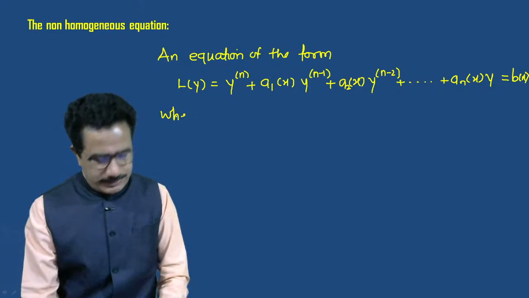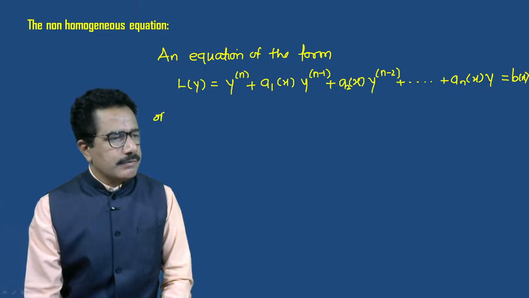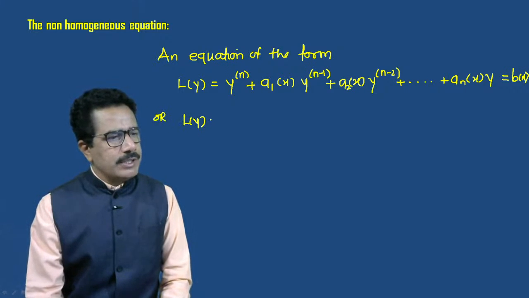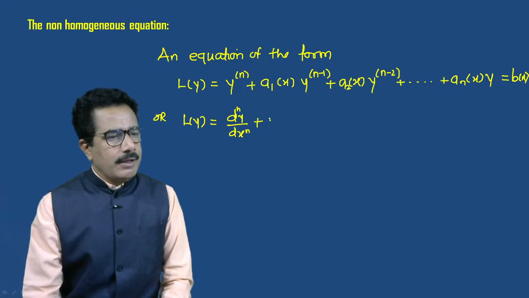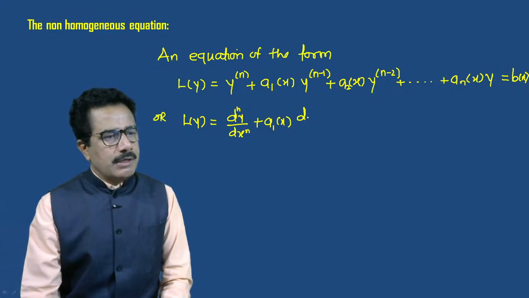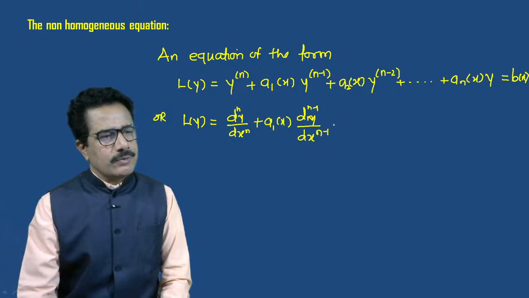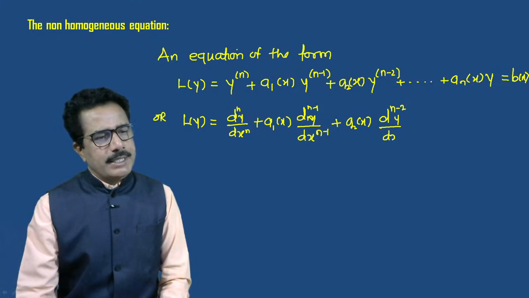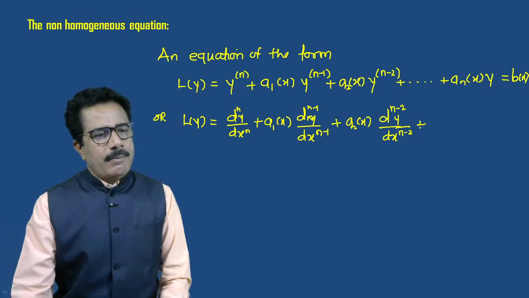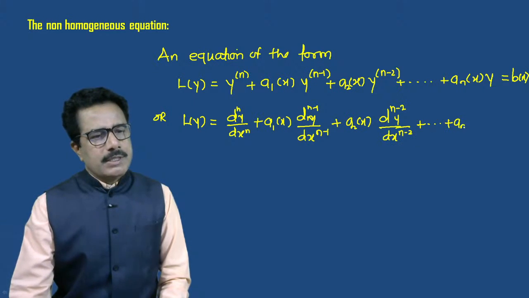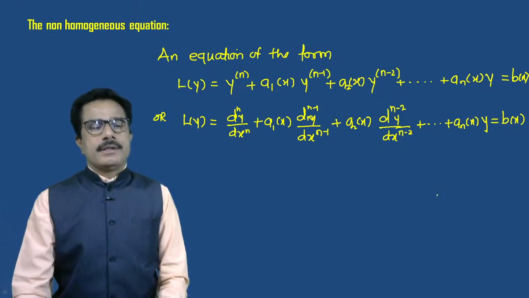We can also write this as L of y equals d^n y by dx^n plus a1 of x d^(n-1) y by dx^(n-1) plus a2 of x d^(n-2) y by dx^(n-2) plus dot dot dot plus an of x y, which is equal to b of x,